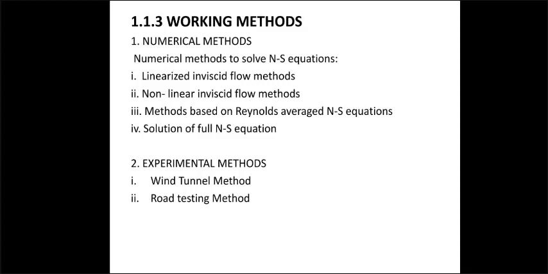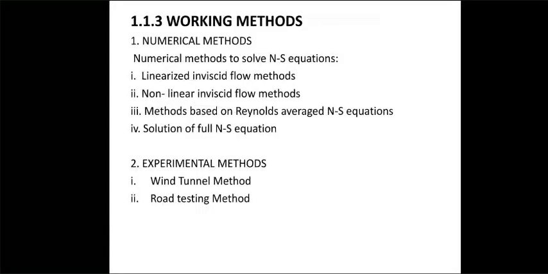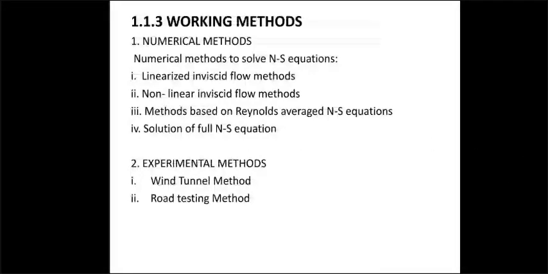Okay. And next is experimental method. In experimental method, the first very important is wind tunnel method and road testing method. We also do simulations with the help of transducers, semiconductors, and sensors and actuators. We build sensors and actuators, and then we install that in the vehicle, and then we do the testing, and after the testing, whatever result we get, we try to simulate with the help of certain softwares, and then we try to find it. So that is one more method. Okay, so these are the different working methods.